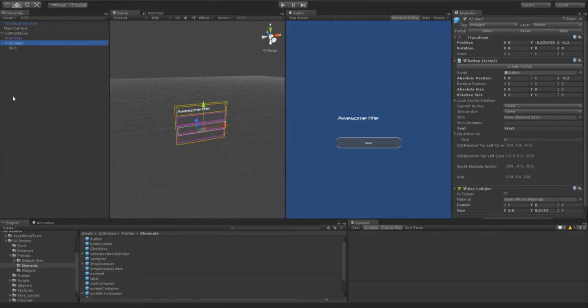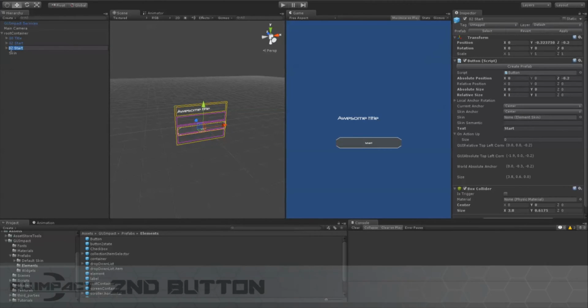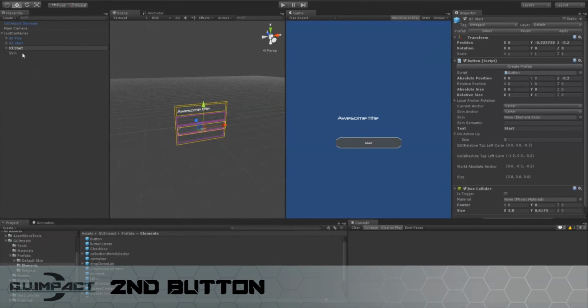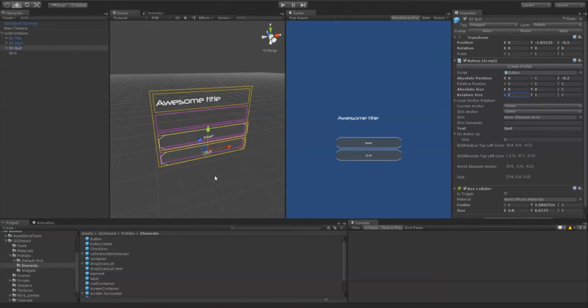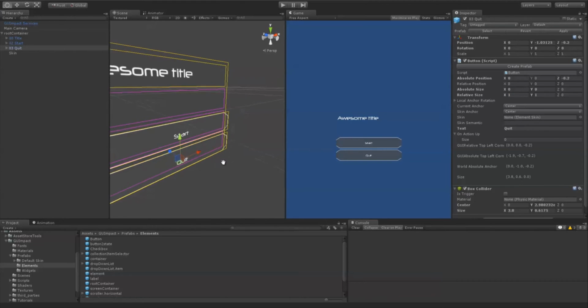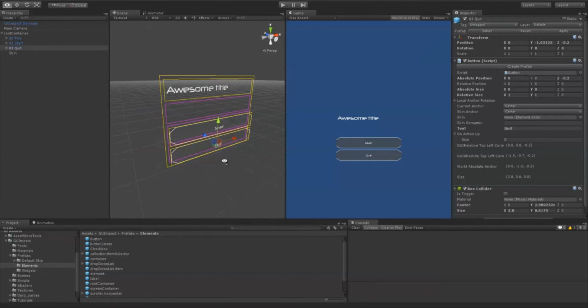Now let's add a second button. So duplicate the previous button, change the name and its position in the layout, which this will be the quit button. Change the label and update its position. Okay, so it's just here. That's cool, but